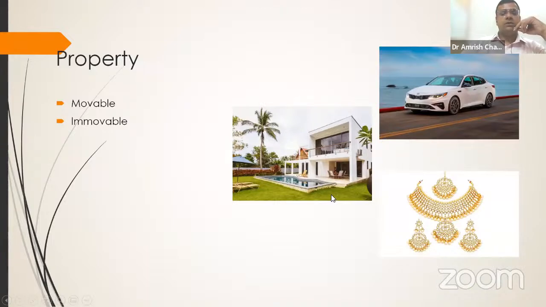So what do you do? What is the process? If you want to buy a house or a car, you will search the market. You will see which is the area most likely to grow in the future, or you will find an area which is already very populated or very posh, and according to your needs you will find your location. Someone might want to buy a house in Greater Kailash or South Ex,